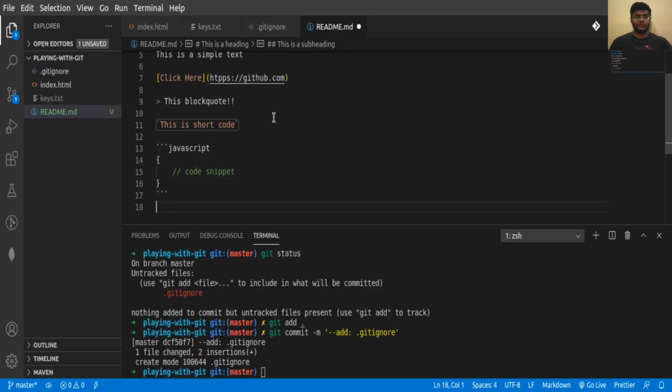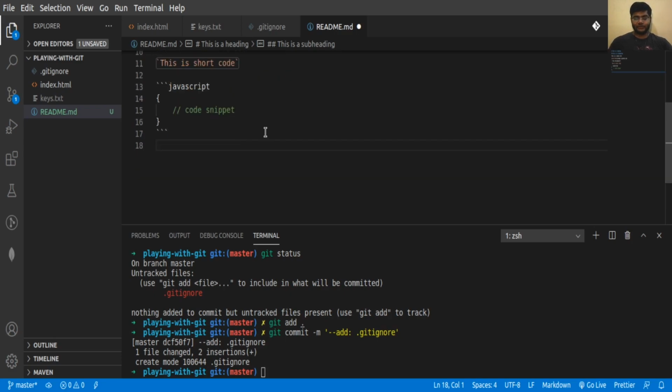Yeah. So next, if you want a list, you can use a hyphen for an unordered list. This is an unordered list. This is item 1, same for item 2. If you want nesting of lists, you can simply type tab here, and it will be indented by 2 spaces, and this will be a nested list. So this is nested item 1. If you want an ordered list, you can simply type 1 dot space ordered item 1, same as the unordered list.